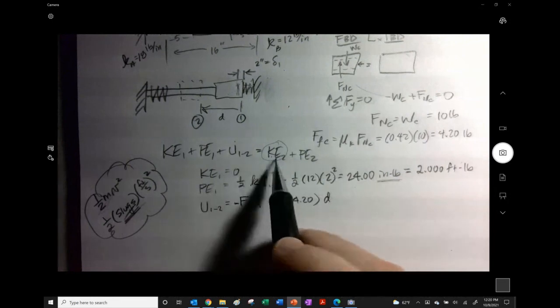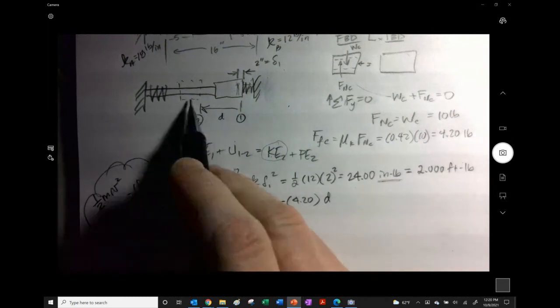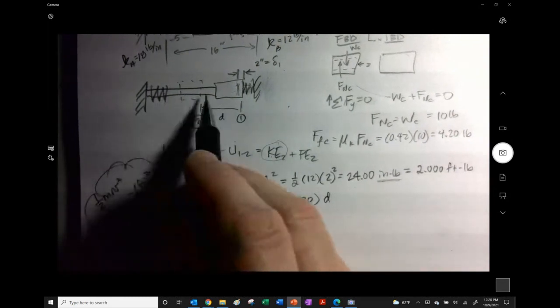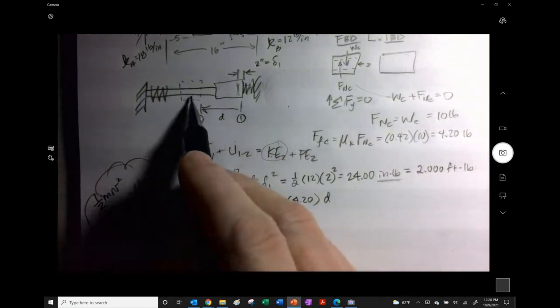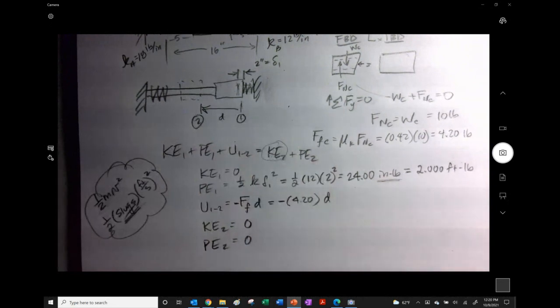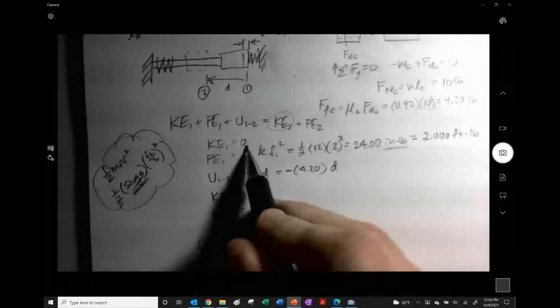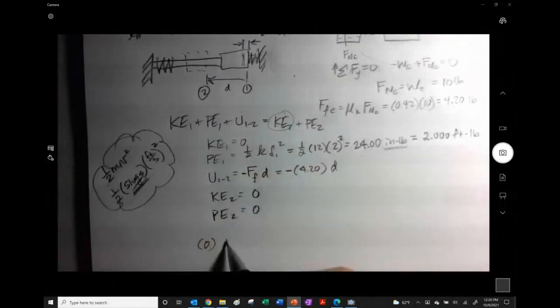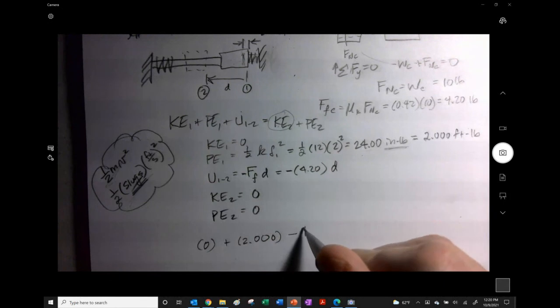And then continuing on, the kinetic energy at state 2, assuming it stops before it hits the spring, but either way, it's going to stop, right? And the potential energy at 2, assuming it doesn't hit the spring, is going to be 0. So what we're going to find here is that we have 0 plus 2 foot-pounds minus